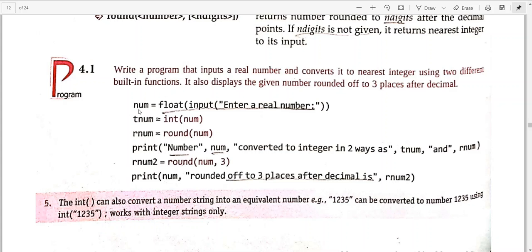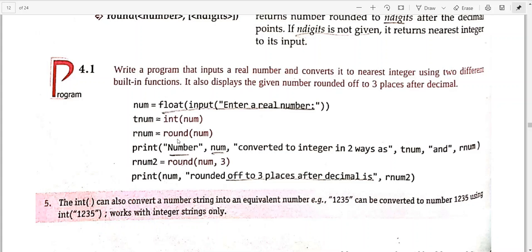That will be stored in the num variable, and then that floating point variable will be converted into an integer by this typecasting. This is called typecasting. You are changing the data type of the num variable, which had a float value, to integer type, and then you are storing it in tnum.